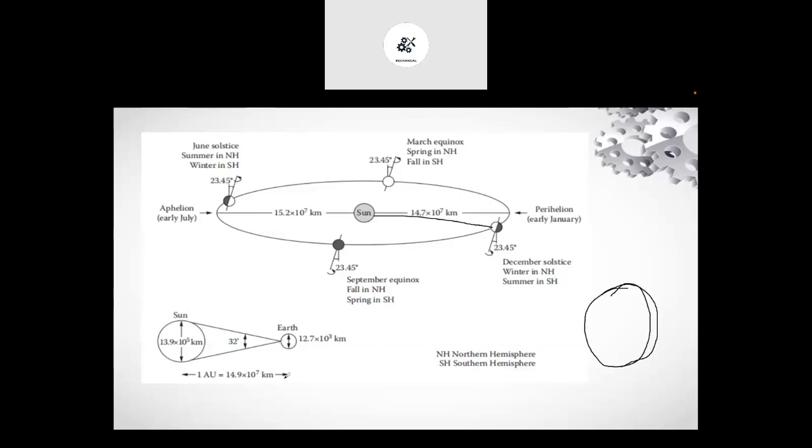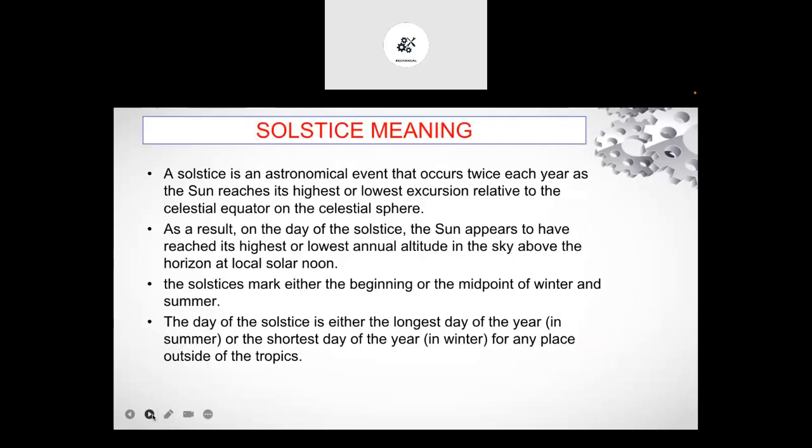Also, the distance between the sun and earth is known as one astronomical unit, which is equal to 14.9 into 10 raised to 7 kilometers. So this is one point or concept you must know. Okay,